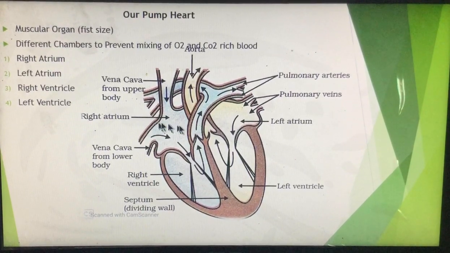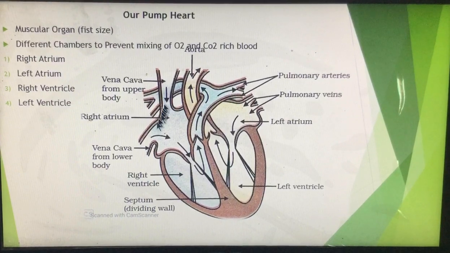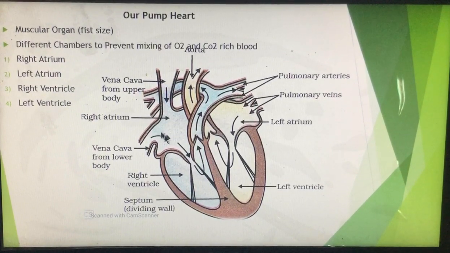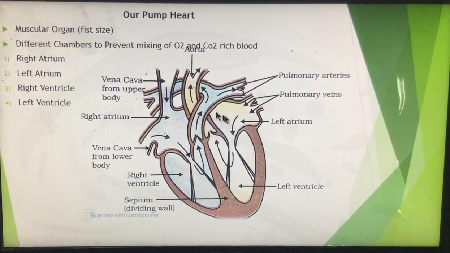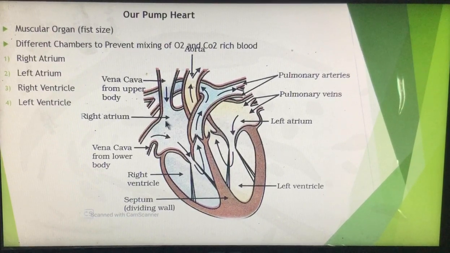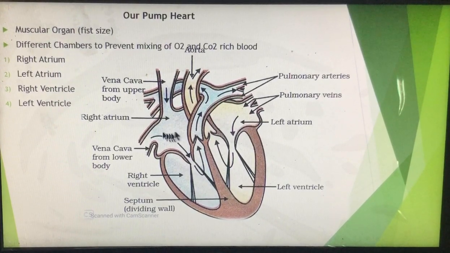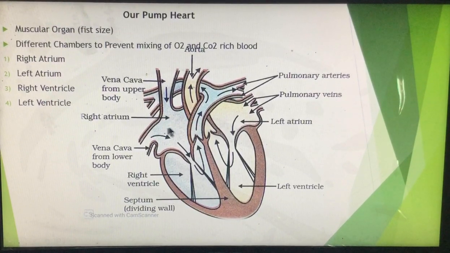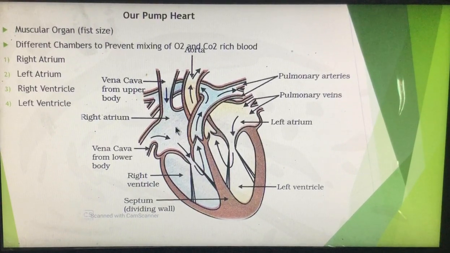तुम देखो ये right atrium है, तो ये arrow जो है ये नीचे इस साइड आ रहा है. That means ये vena cava जो है it is also pouring the blood into the right atrium, and ऊपर की जो vena cava है it is also pouring the blood into the right atrium. So right atrium has deoxygenated blood, left atrium में क्या था, oxygenated. So right atrium is expanding, so it is having the deoxygenated blood. When this right atrium contracts, तो this deoxygenated blood through a valve,